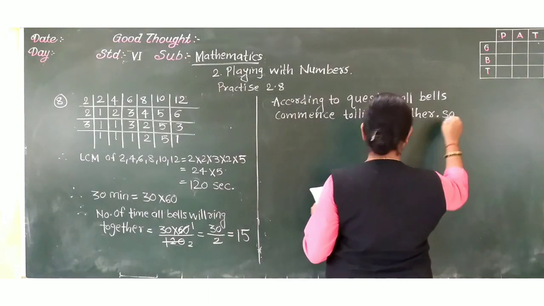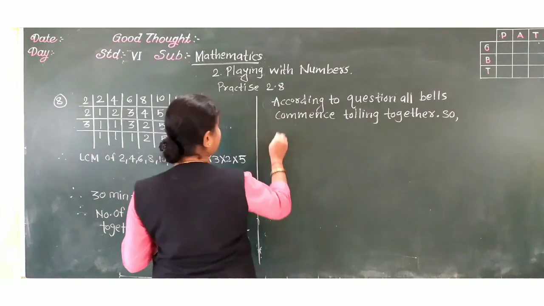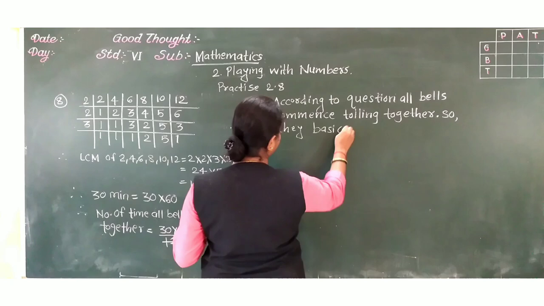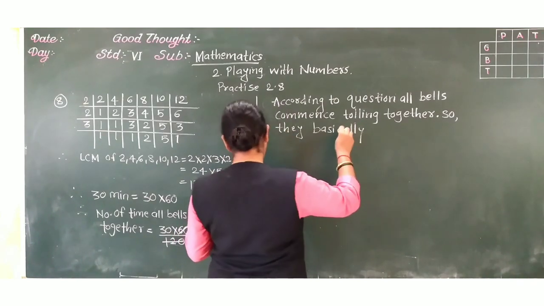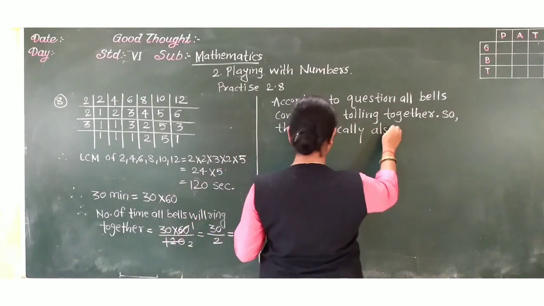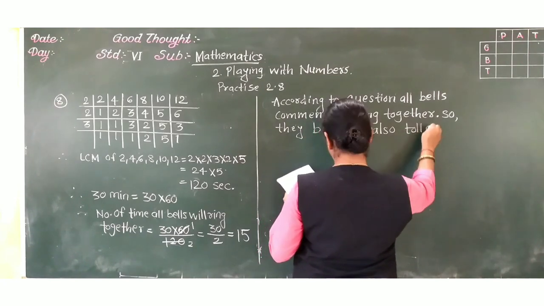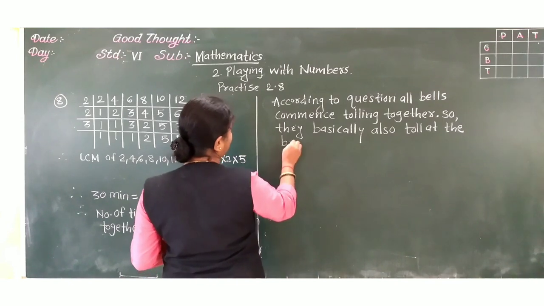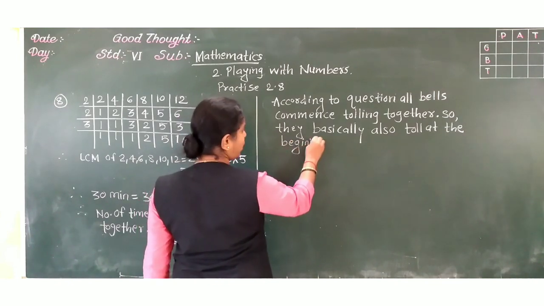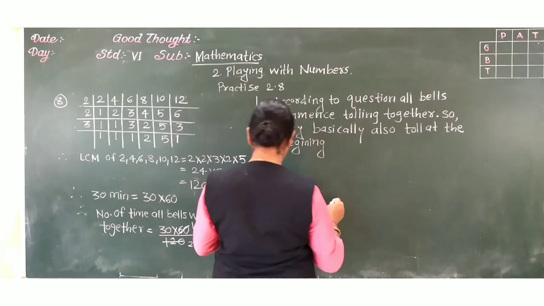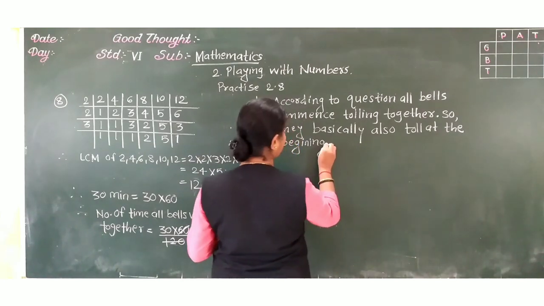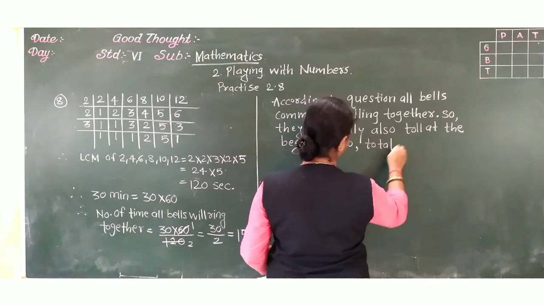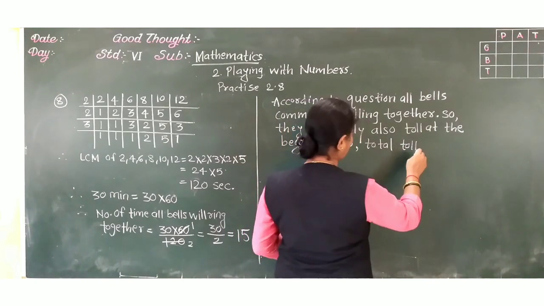So they basically also toll at the beginning. In the beginning also they toll together only. Correct? So total tolls together